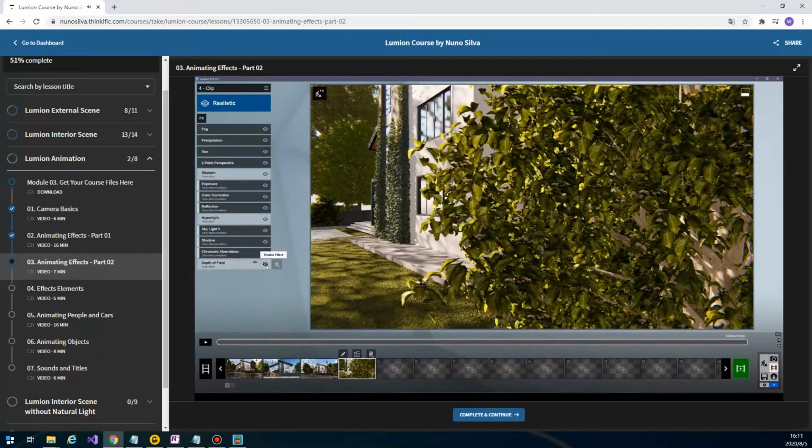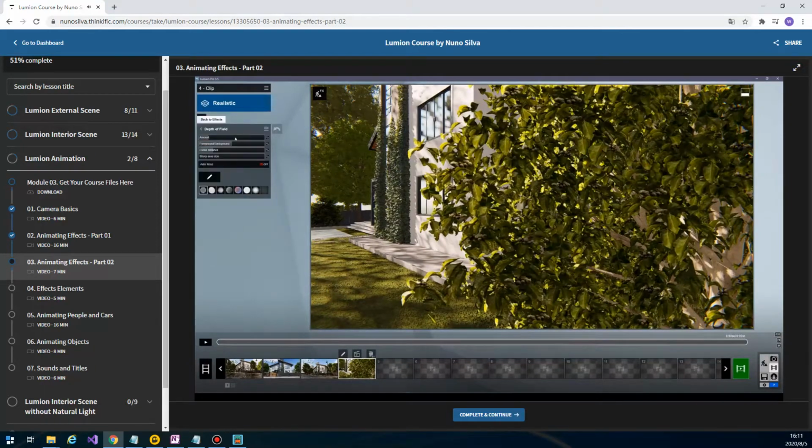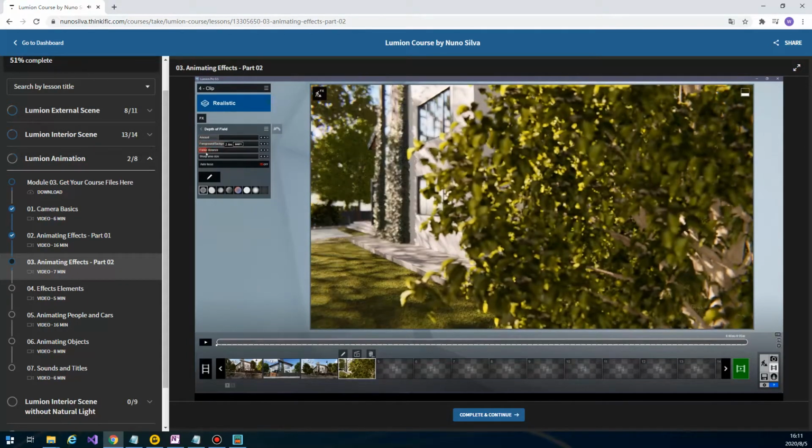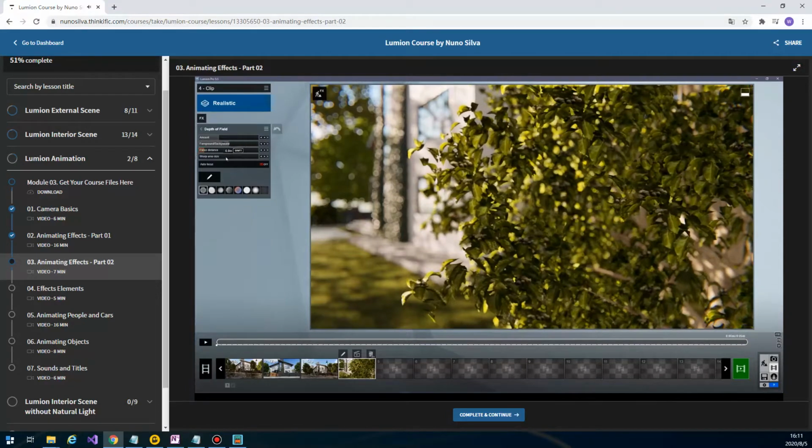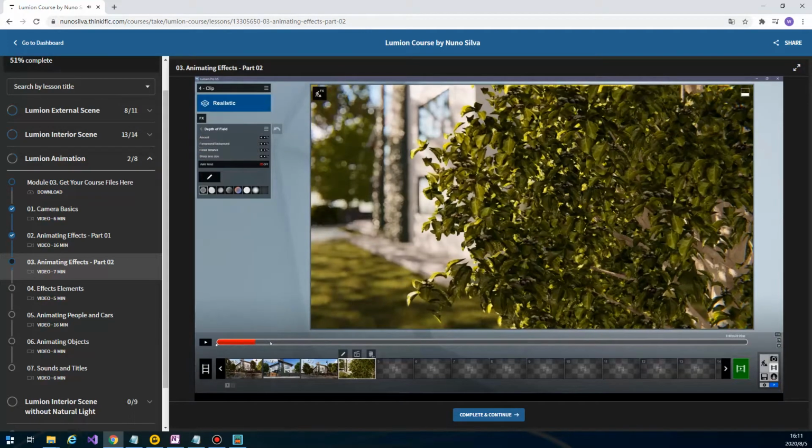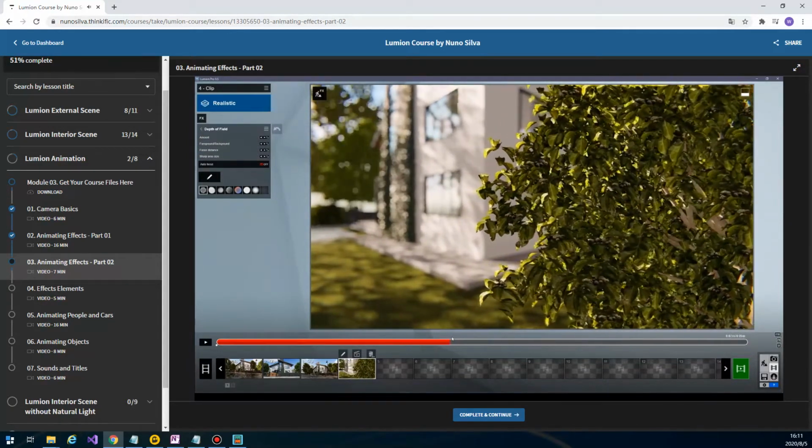Let's go to depth of field and we can play around with these settings. Here in the beginning, we want this area to be focused and the background out of focus. So let's just try to get this effect like so. Focus distance about here. Let's increase the sharp area size. Like this is fine. So now we can move it a little bit, and when we start to see more